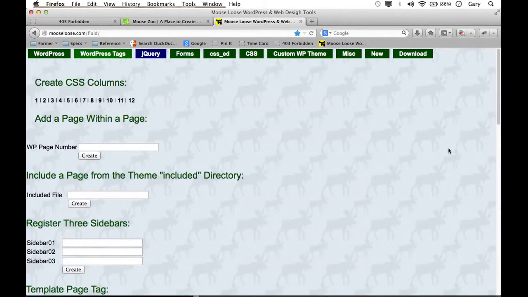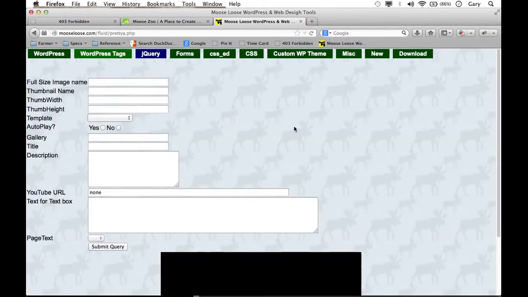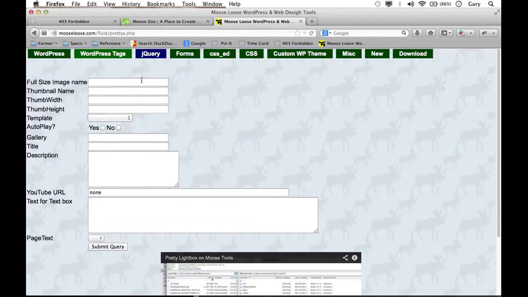Okay, so the first thing we're going to do is go to Forms and go down to Pretty Lightbox. There's a few others on here, but this is the one we're going to use for this project. If you hit Pretty Lightbox, you come to a form and you have to fill it out. For instance, what is the first one? The full-size image. That is, when the Lightbox opens up, what is going to be the large graphic that they will see first. So I'm going to call this